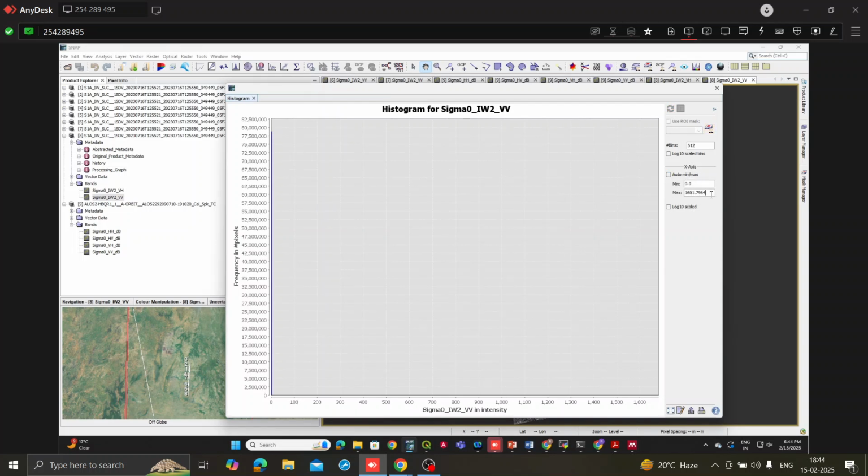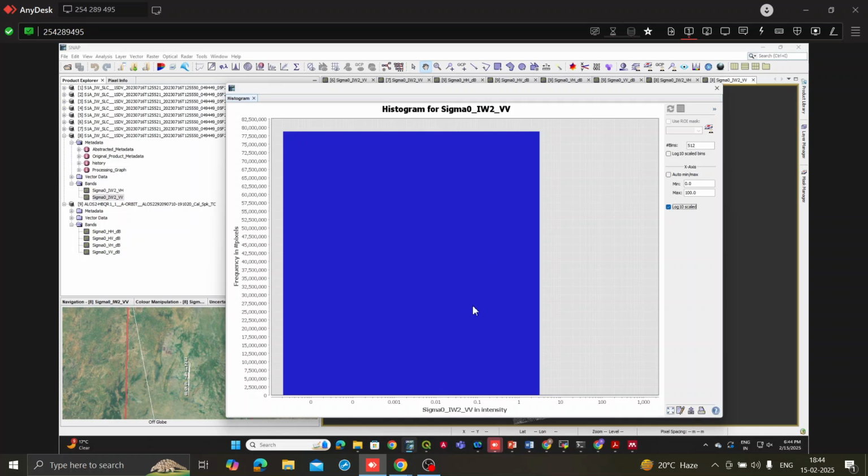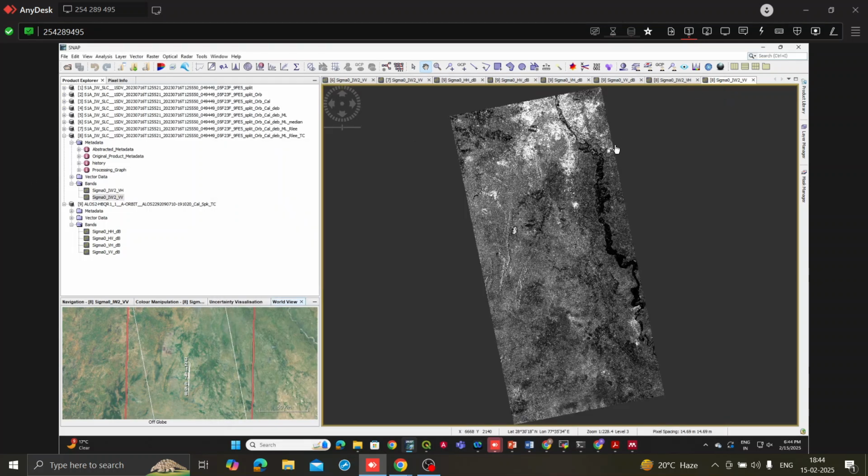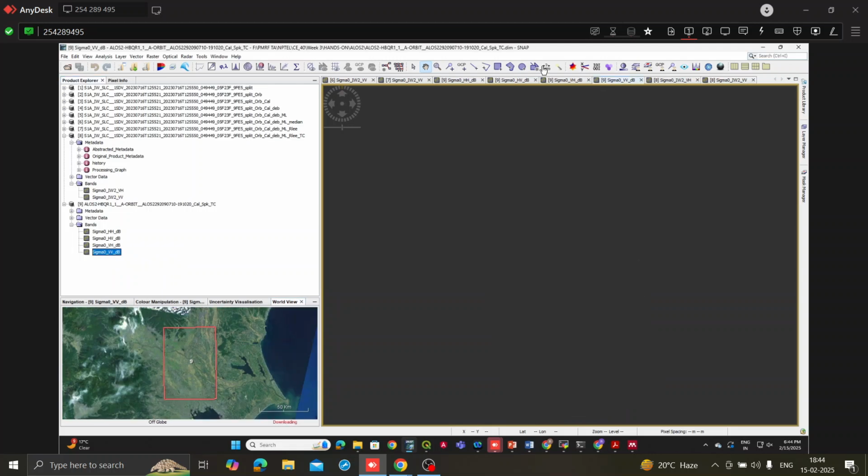Min max we can set. Now it is showing the dB values properly. So suppose for VH, and also we can